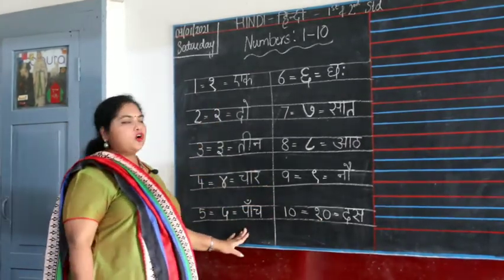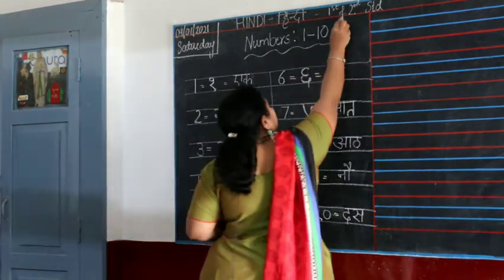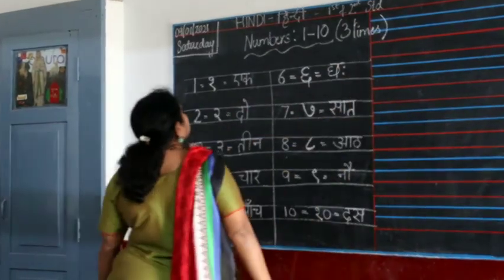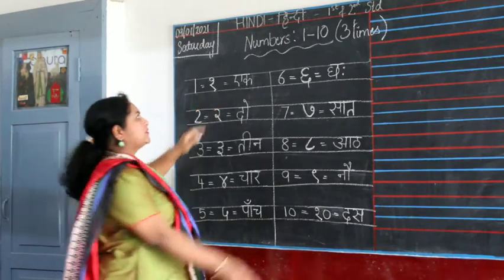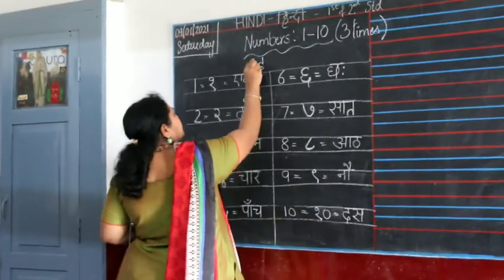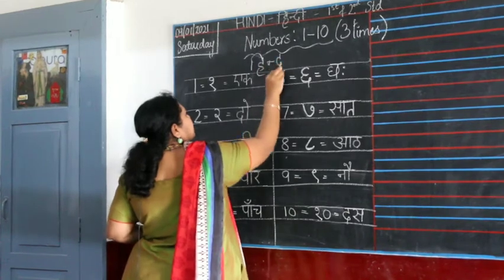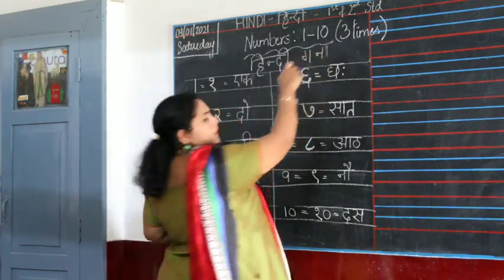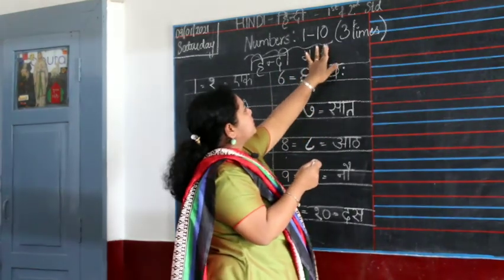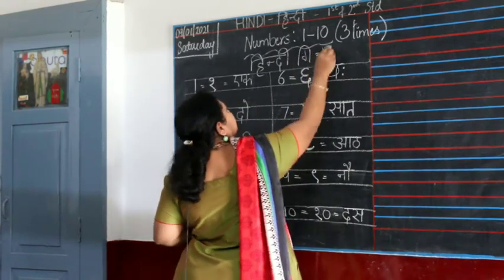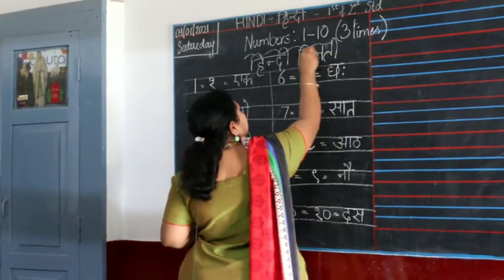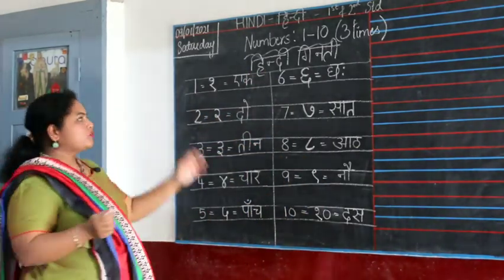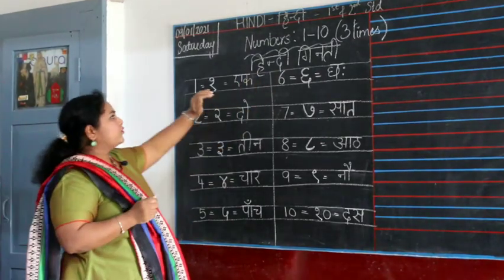I'll read it out again for you all, and I want you all to write 3 times. So I want you all to write thrice in your book. It's Hindi Ginti. Write it above. I will write in the notebook how you all have to write and send you the photo. So copy the same thing, Hindi Ginti.